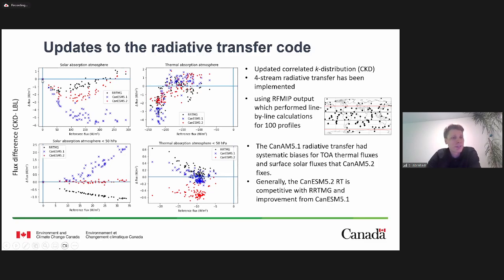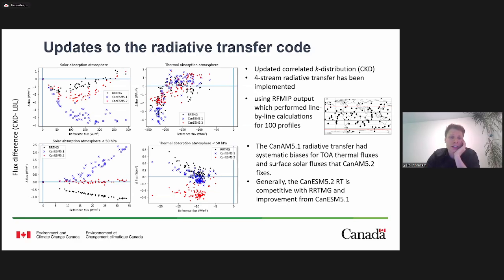Here we're looking on the left-hand side, or the left column, at the solar absorption within the atmosphere, and on the right-hand side at the thermal absorption of the atmosphere. On the y-axis, we always look at the bias towards those benchmark profiles from line-by-line calculations, and on the bottom you can see some reference fluxes depending on those sites. I would like to draw your attention to the blue dots and the red dots. So blue is CanESM 5.1, which is our previous version, and 5.2 is now the updated version with the updated radiation code. And you can see that particularly in the solar absorption within the atmosphere, so that's the top left-hand panel, we can reduce those biases, particularly for large